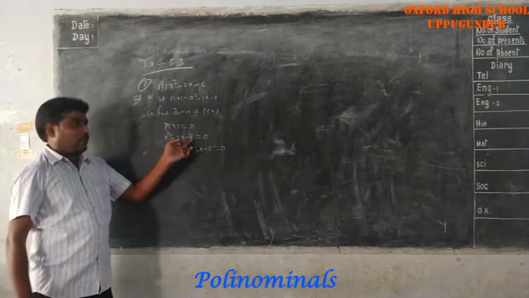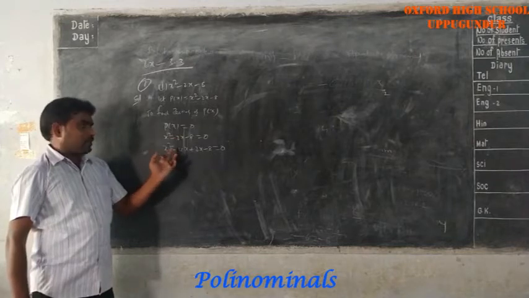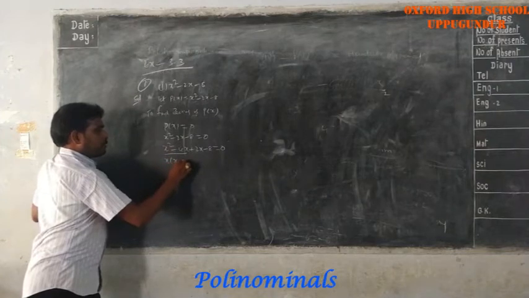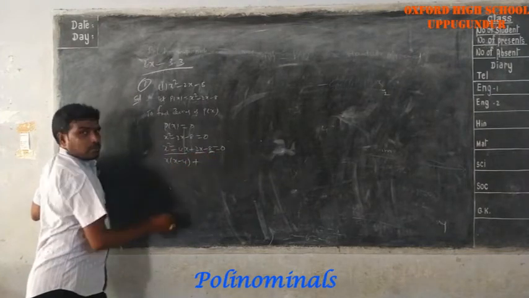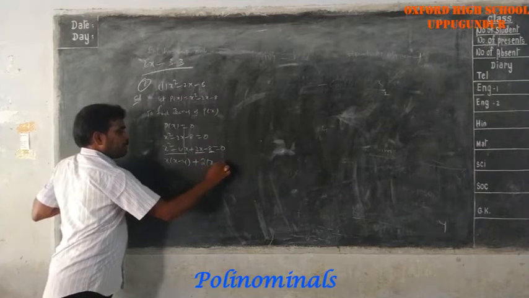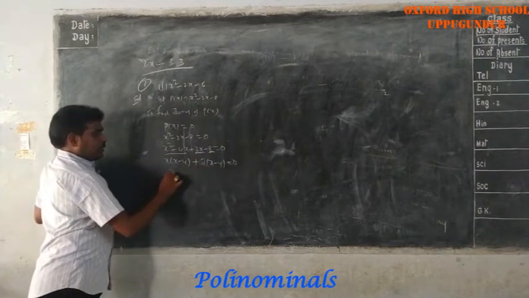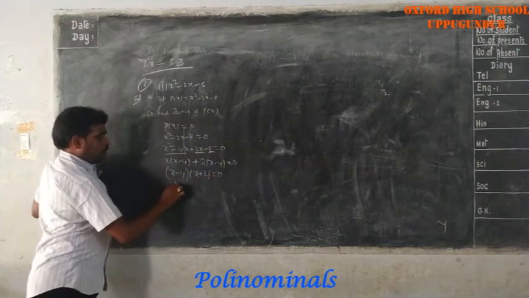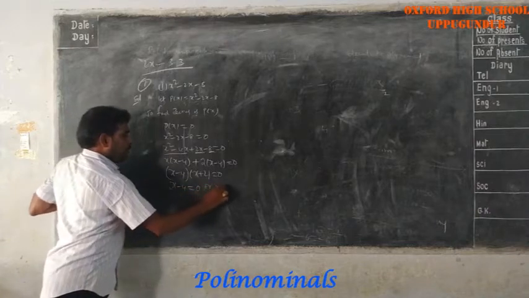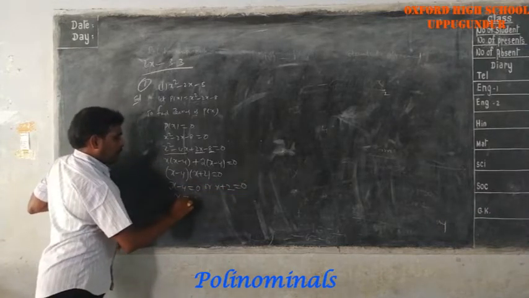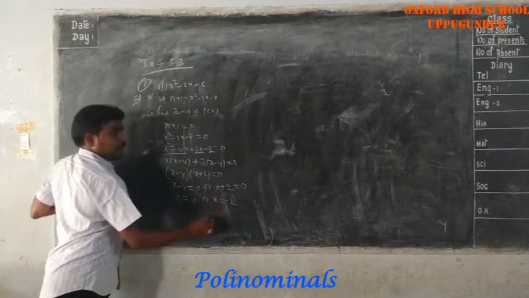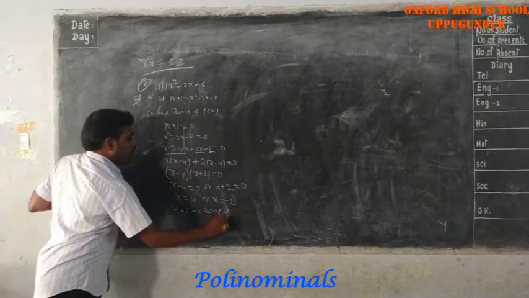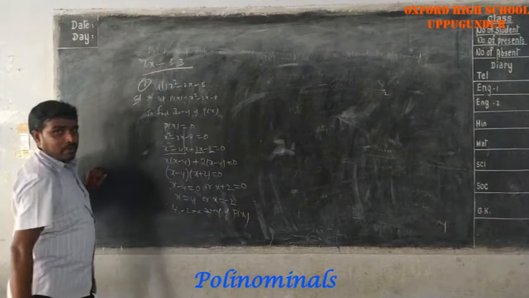4 twos are 8 here. Minus 4 plus 2 you will get minus 2. That's why I am taking minus 4x plus 2x. Now in these two x is common. X into x minus 4 plus here in these two 2 is common. 2 into x minus 4 equal to 0. In these two terms x minus 4 is common. X minus 4 into x plus 2 equal to 0. Therefore either x minus 4 equal to 0 or x plus 2 equal to 0. X equal to 4 or x equal to minus 2. Therefore 4 comma minus 2 are zeros of given polynomial p of x.